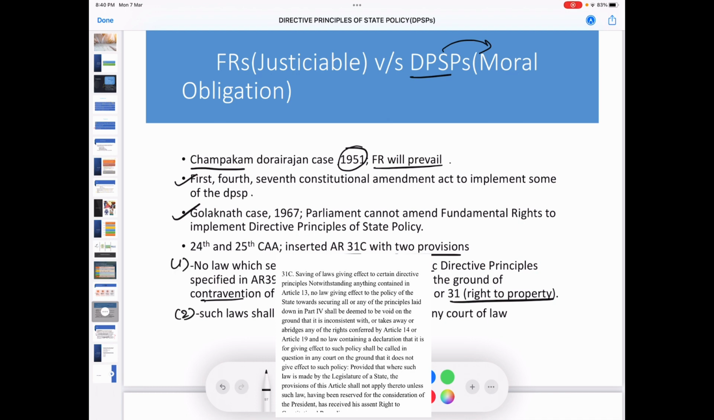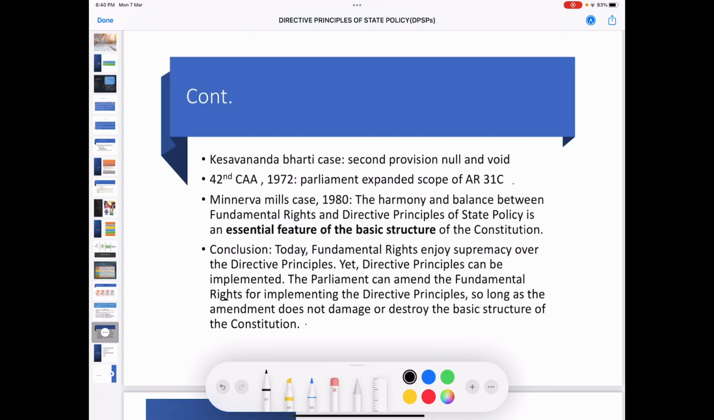दूसरा provision बहुत important है. Such laws shall remain not to be questioned in any court of law. ये दूसरा provision है. Further, केशवानंद भारती केस में दूसरा जो clause था 31C का उसको null and void declare किया गया. And then 42nd Constitutional Amendment Act में Parliament expanded the scope of Article 31C. Finally, Minerva Mill case 1980 में